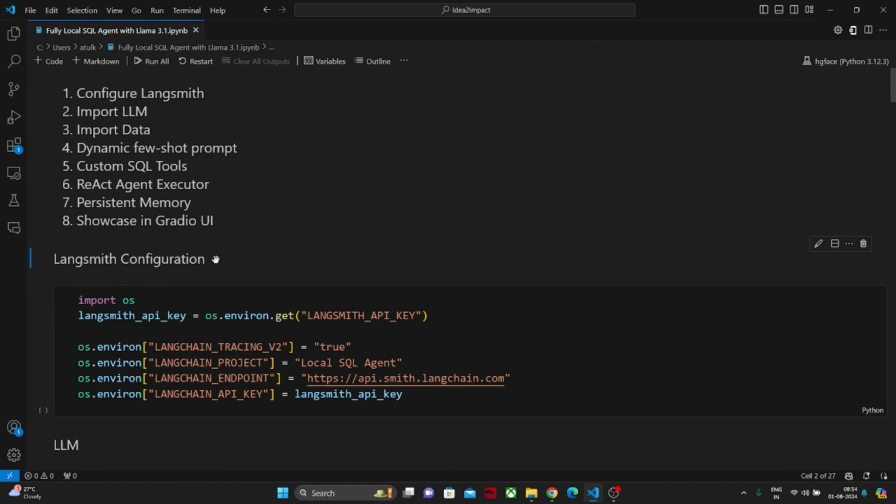So in the first step, we are going to configure Langsmith. Langsmith is a platform provided by Langchain, which we can utilize at every step of a generative AI project pipeline. So we can utilize it in tracing, debugging, and even in testing. I have created a separate video on Langsmith. So if you want to learn more about Langsmith, I have created a video named Getting Started with Langsmith, where you can find out how you can install it in your local system and then how you can utilize